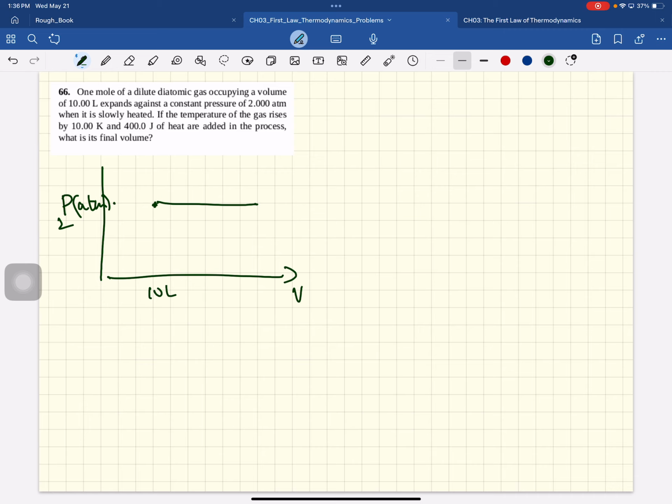If the temperature of the gas rises by, so delta T is 10 Kelvin, and 400 joules of heat are added in the process. The work done in this process can be calculated. It's a dilute diatomic gas. Work done is P delta V, which is